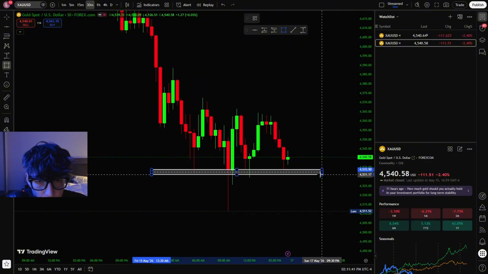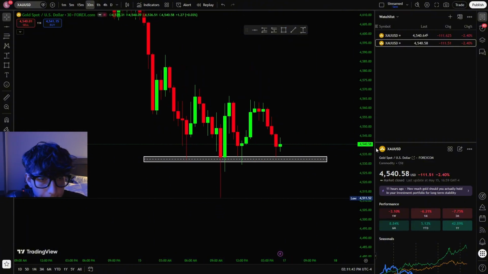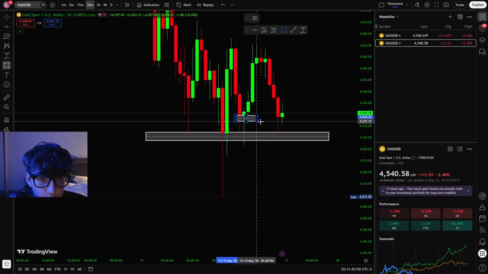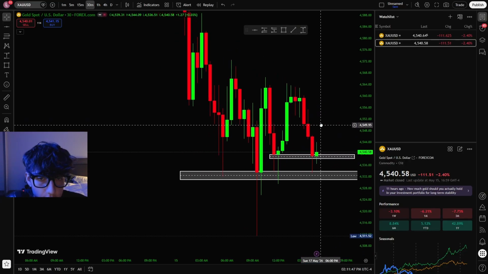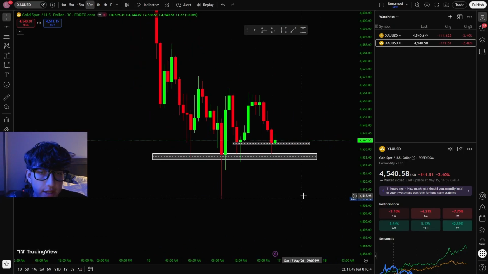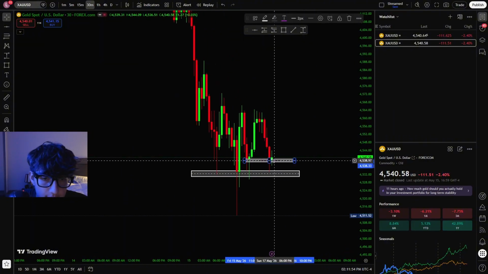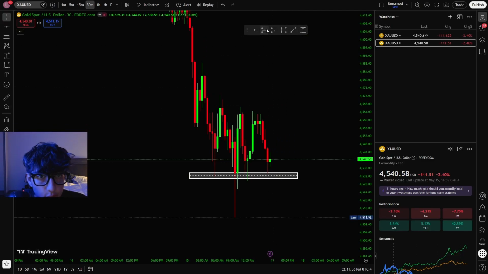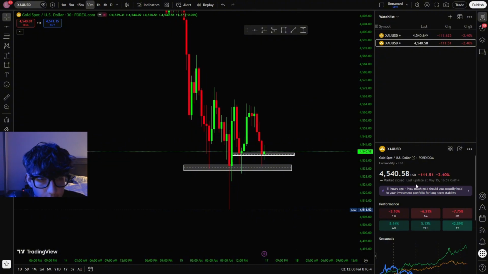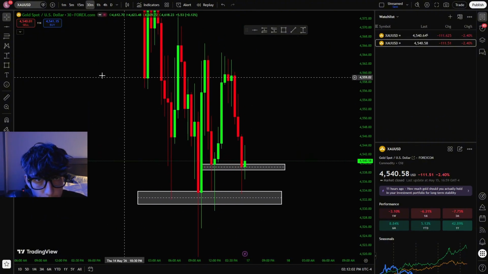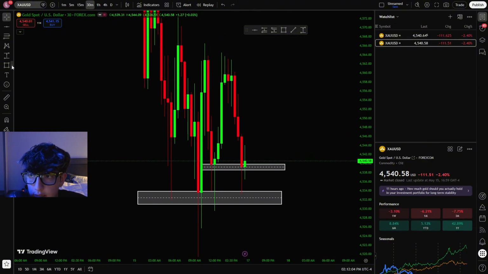We can see here we have a level of support right there, and then we also have a level of support right here. If we're trading as soon as market opens, this is how I would mark my levels. I wouldn't make my level of support right here because there's no point. If I were to take a sell as soon as market opens and a new candle opens, let's say here,